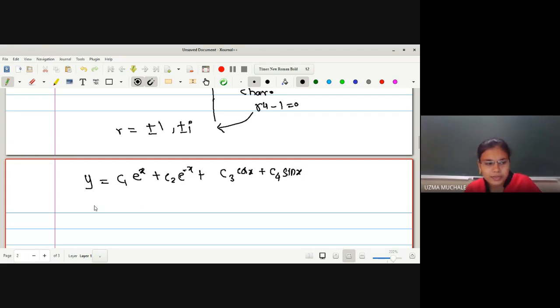Now we can say this is what a required solution. But this is the required solution. I hope the sir told you what is the geometric interpretation behind the solution of any differential equation, right? What is the geometric interpretation of a solution of this differential equation? Suppose instead of having four roots, it is of two roots, simple one.